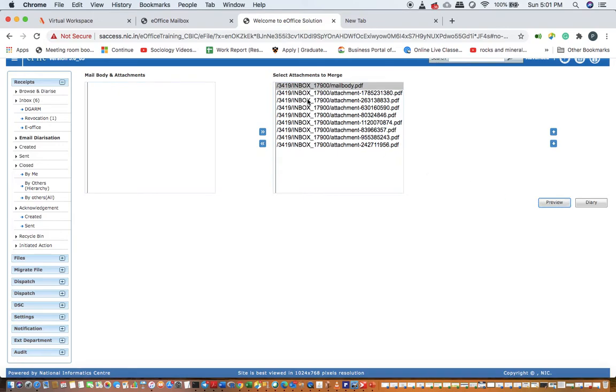I'm not able to see, but anyways you will be able to see it in diary. But my only point here is this preview is not working. So if the preview is working, you will be able to see what is the order in which it is attached.